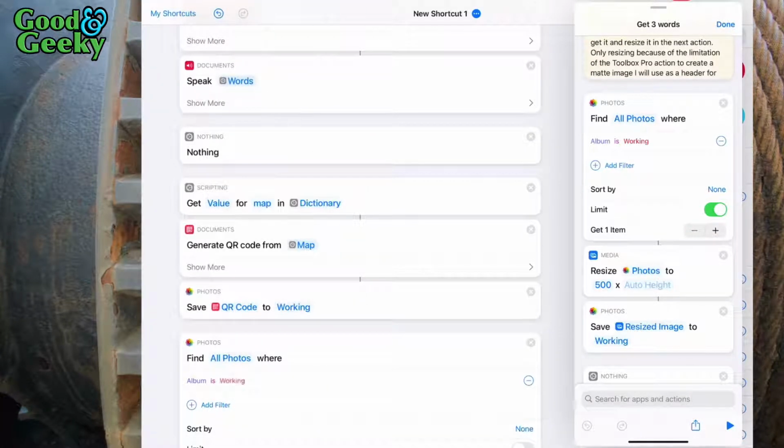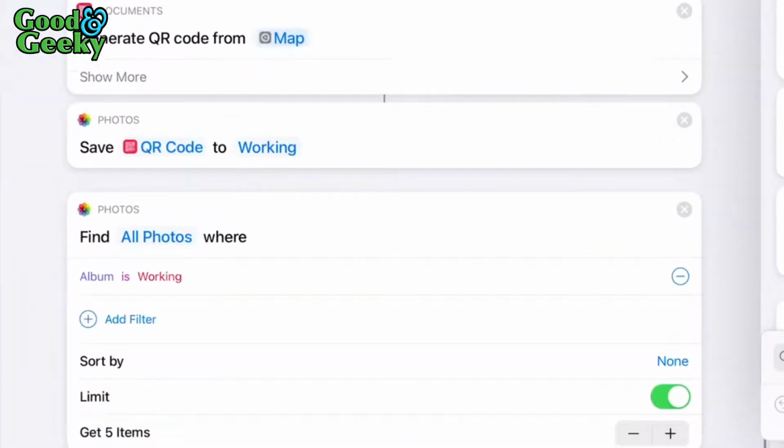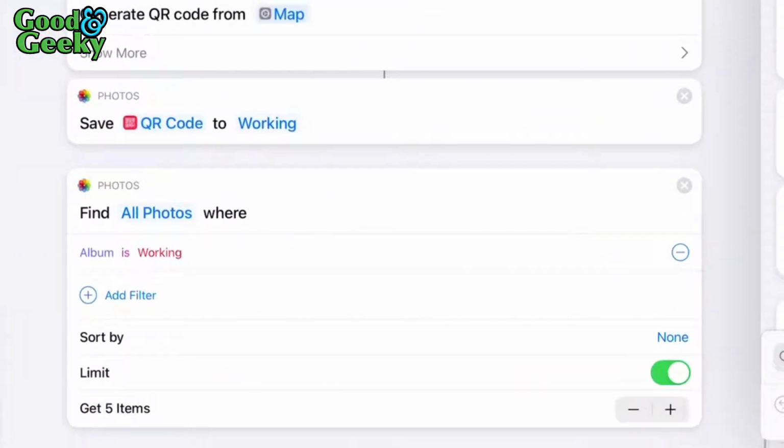So this is where we just put it, and we want to limit it. We just want the latest one, so it's at the moment 5, so we get the last one that's been saved in there. Okay, so that's good. Because of a limitation I have with something I'll use later in the shortcut, I need